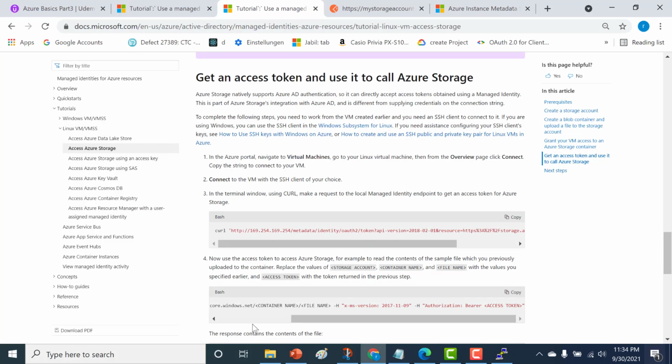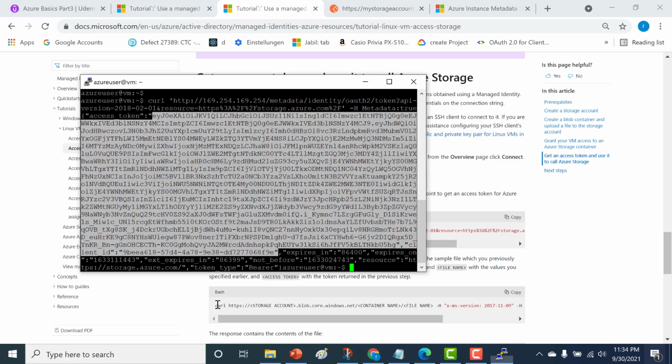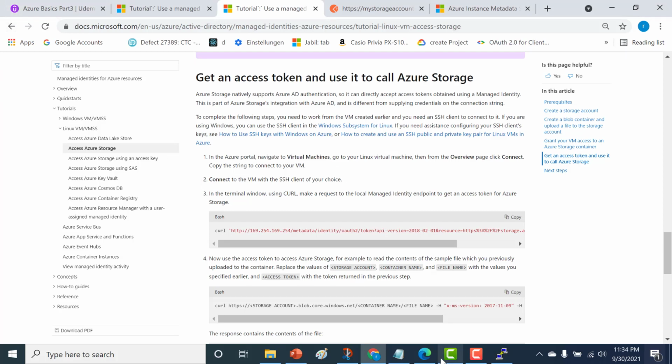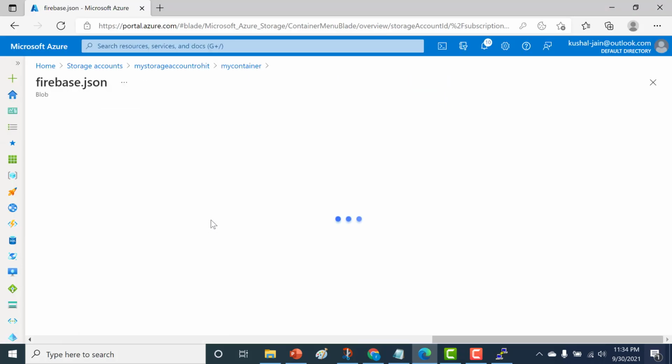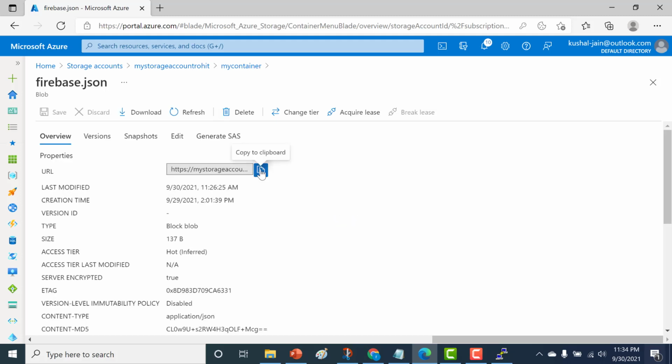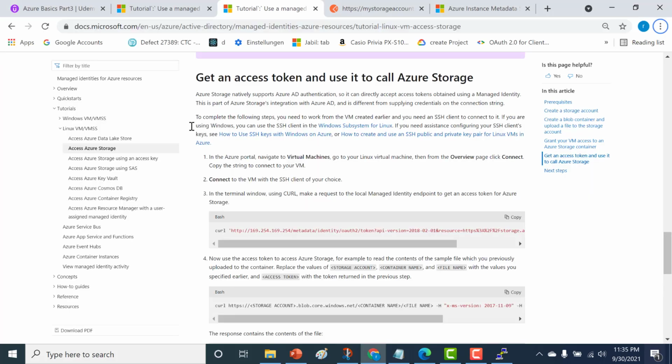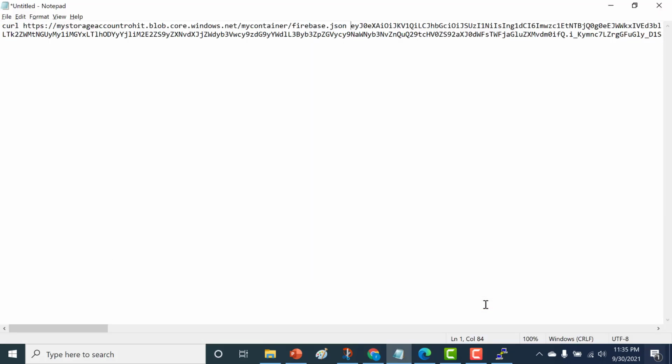And once I've done that, I need to make use of this particular curl command to get access to my particular file. So what I'll do is I will just run the curl command, and the file that I need to access is this particular file. So let me just open this and I will just get the URL for this file. So let me just copy this. And similarly, all the other header that I need to add is this. And apart from the authorization bearer, which will contain my access token. So let me paste this as well. And okay, my URL is ready.